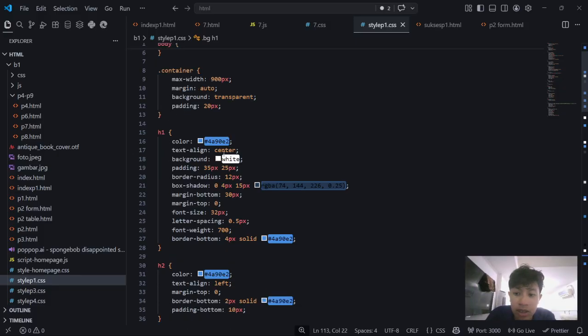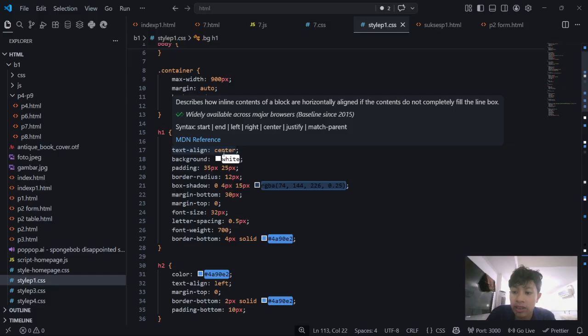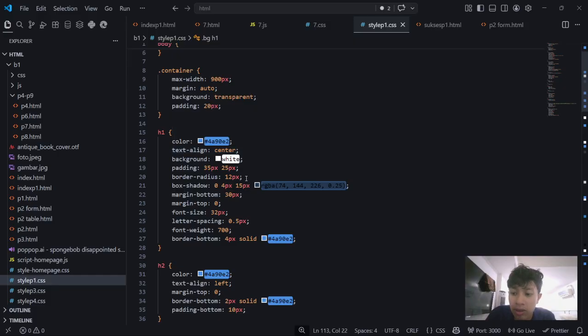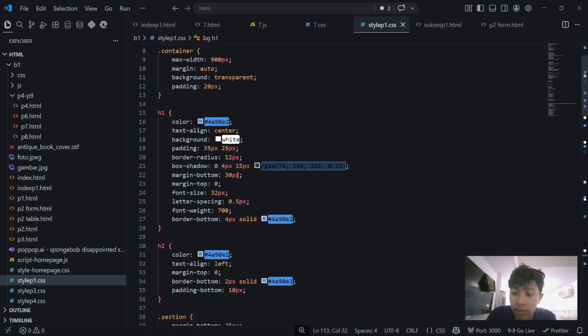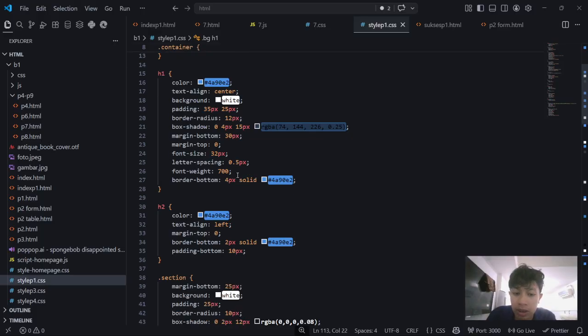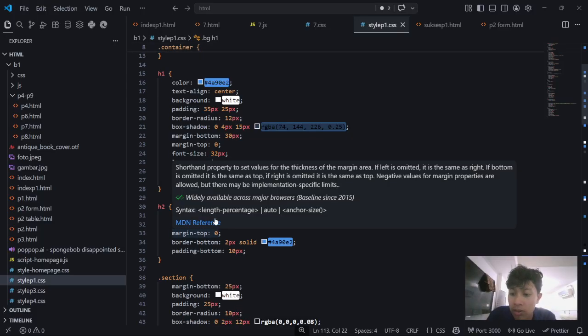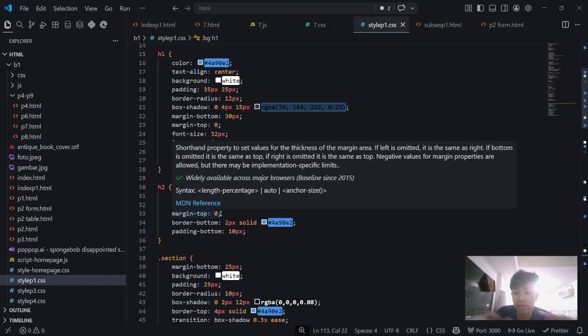The H1 heading is styled with a white background, rounded corners, a shadow effect, and a bottom border, making it look like a card. Similarly, heading 2 is styled with a border line to separate sections clearly.